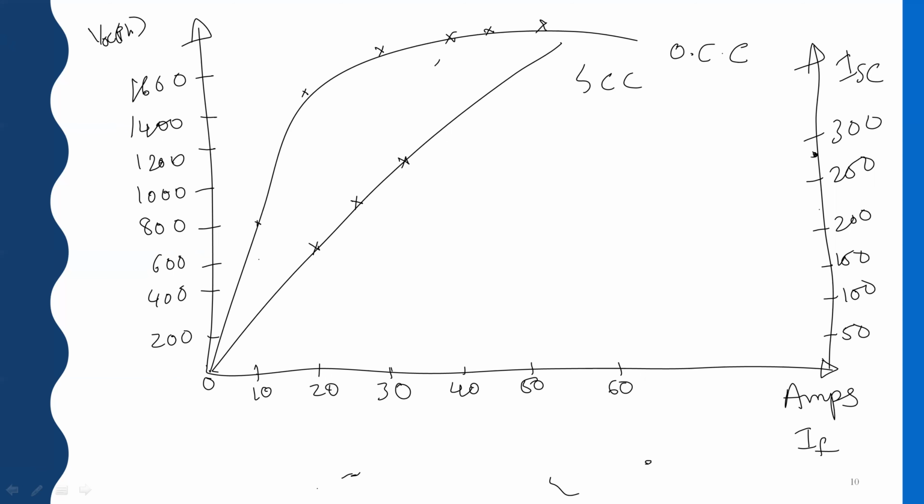So I will project it with a dotted line, and I have to find out my IF corresponding to it. My IF corresponding to it is approximately 28.5. If you do it, you will get 28.5. So go to the next slide. For IA per phase 288.675, my IF is 28.5 ampere. This I got from the figure.